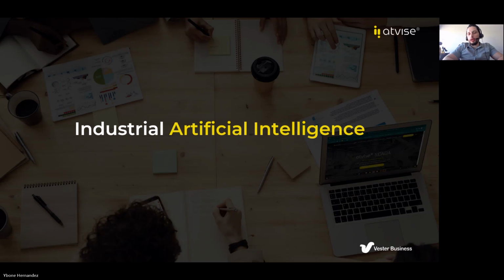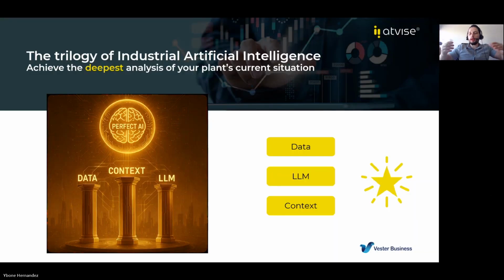So now introducing the artificial intelligence portion. The previous part is how we process data and how we present the data to the analysts, including the AI analyst. There are three elements in artificial intelligence that we need to consider in order to have great results. The first one is the data, because the artificial intelligence needs to analyze the data. By the way, one comment here, we will focus only on generative AI at this moment.